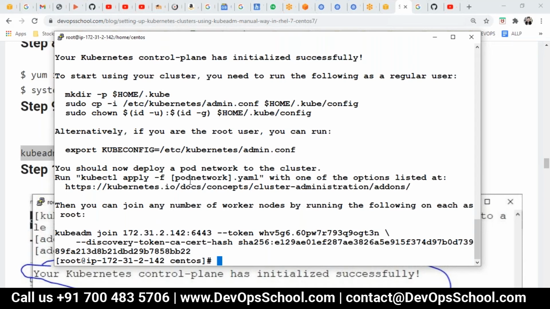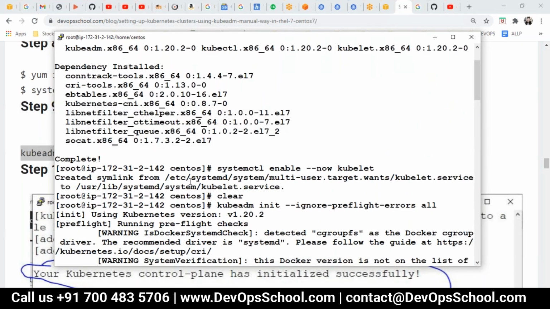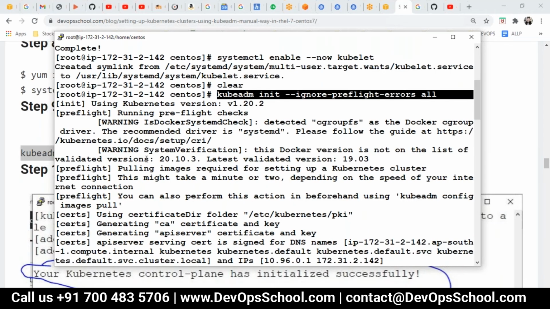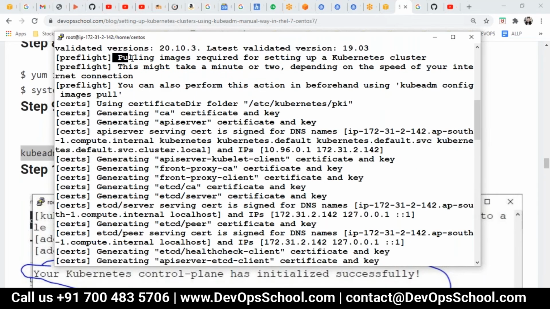Sure, thanks. So guys, look at this here. Remember that you got lost at some places. So here I did the init, and see here very carefully. This is not a detailed log. You see here, they're checking Docker version and C groups. Here they're pulling all the required images.